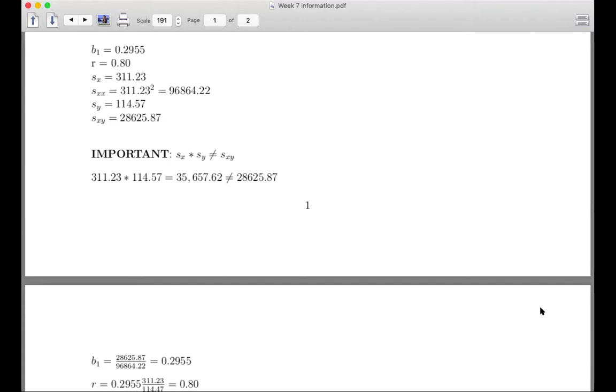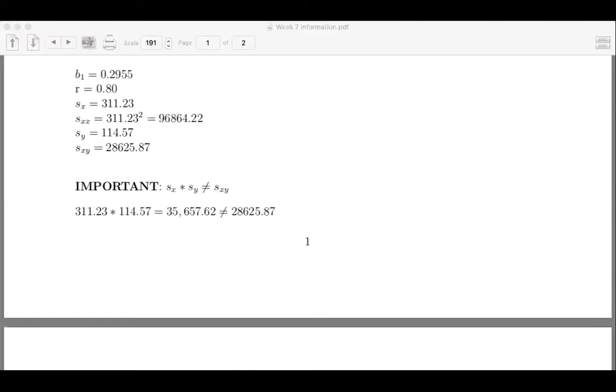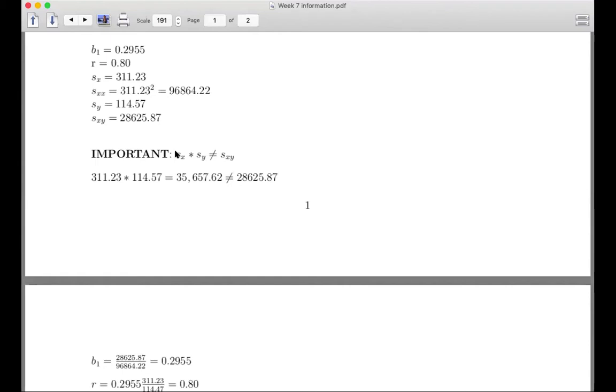And so I'm just reading the chat. So there was another question added to the chat. Yes. So in this case, the question says, if Sxy is equal to 28,625, is that a positive correlation? So in this case, yes, it is a positive correlation because this is a positive value, but it's difficult to interpret covariance. So when you're looking at numbers like this,